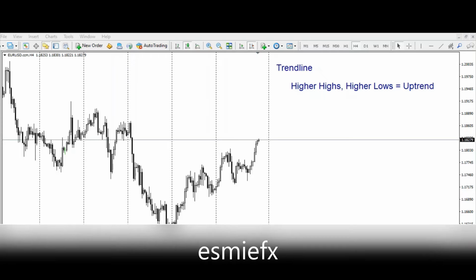Hi, I'm going to show how I draw trend lines, and this is based on the higher highs, higher lows, and that equals an uptrend. I can only know this by drawing a trend line. Of course, you can visually see it, but I draw the trend line so that it becomes a point of